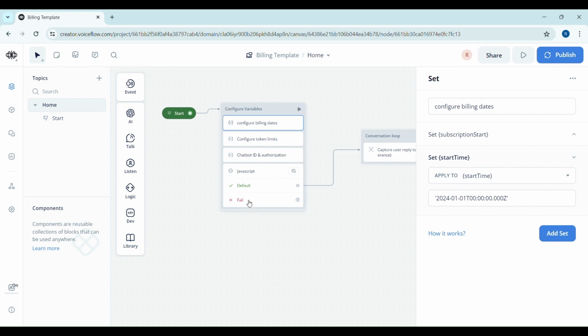Don't worry about that, we will update that value in the JavaScript block. But like I said, we just need to define something beforehand so we can go ahead and manipulate it. Now let me explain what this start time variable is and how it comes into play in this JavaScript code